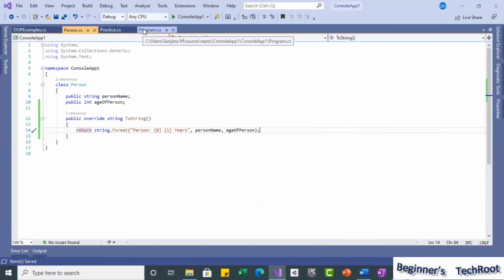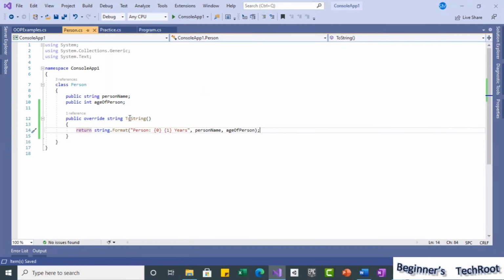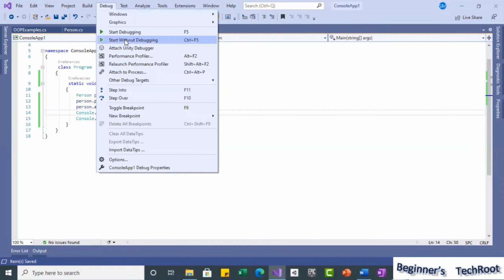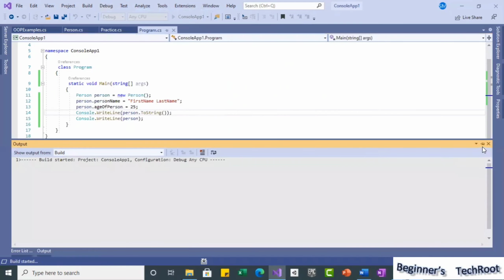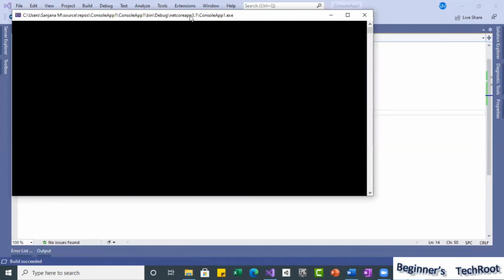Now we have overridden the toString method. Earlier, with this example, we got console app1.person, but now we've overridden it. What will we get now? If you run and execute and see, you can understand how the overriding works.